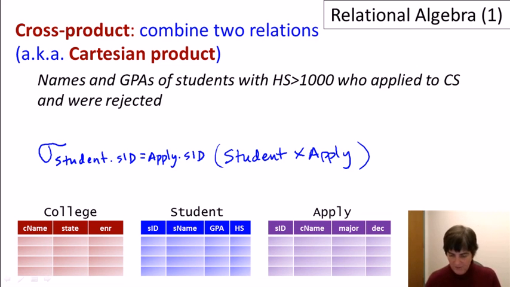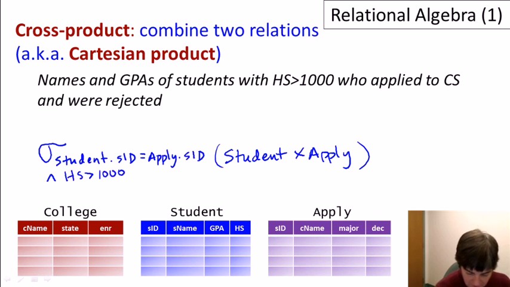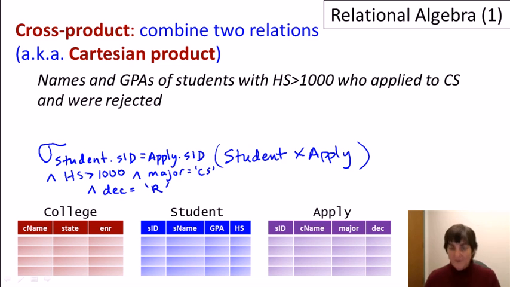Now we have to do a little bit of additional filtering. We said that we want the high school size to be greater than 1,000, so we do a little AND operator on the high school size. We want them to have applied to CS, so that's AND major equals CS. We're getting a nice big query here. And finally, we want them to have been rejected, so AND decision equals, we'll just use an R for reject. So now we've got that gigantic query, but that gives us exactly what we want except for one more thing,